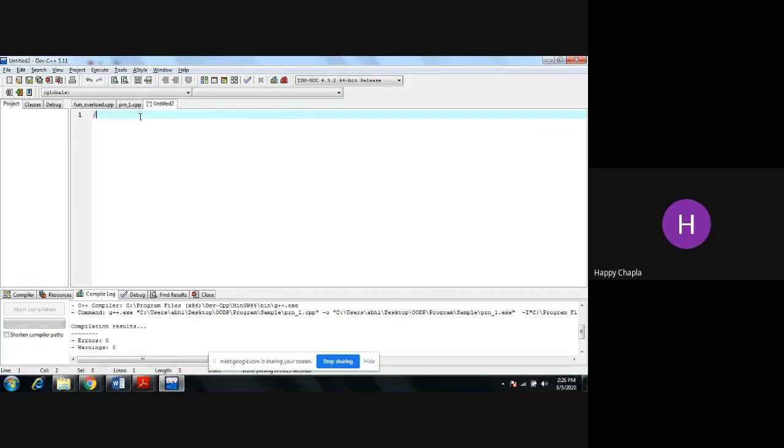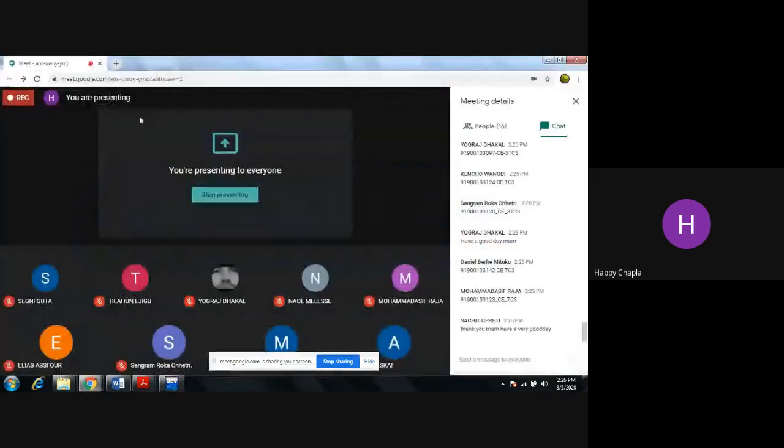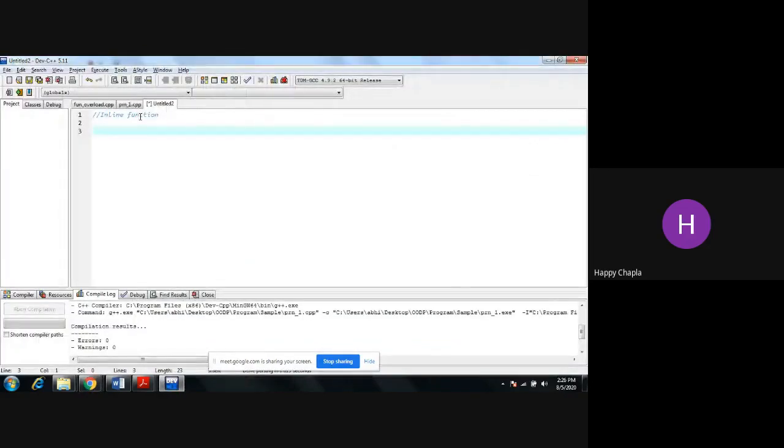So the question is the inline function. Those who have not completed the second question, giving some example of inline for the calculator purpose, need to complete that question on their own. Whenever you come in the next session, complete that question and come.